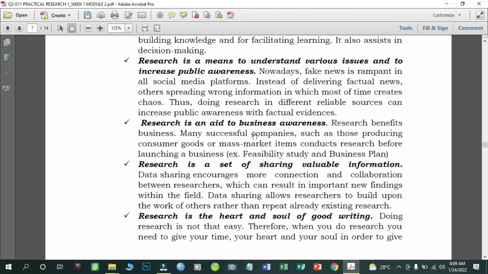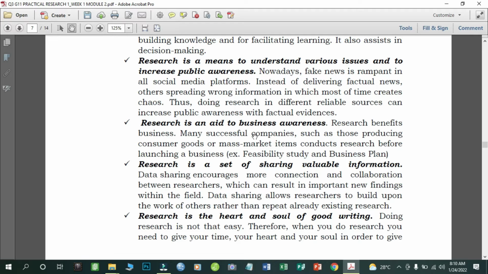Data sharing encourages more connection and collaboration between researchers, which can result in important new findings within the field. So data sharing allows researchers to build upon the work of others rather than repeat already existing research. As you can see, it is about sharing valuable information. This is important because it will enhance our knowledge, especially if we're going to collaborate with other researchers